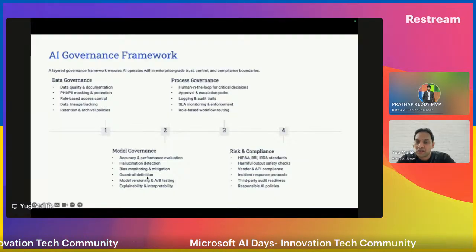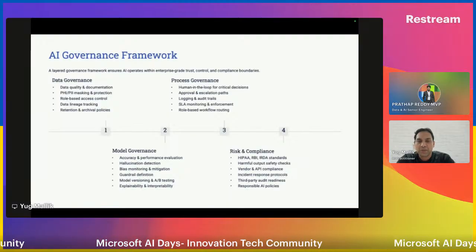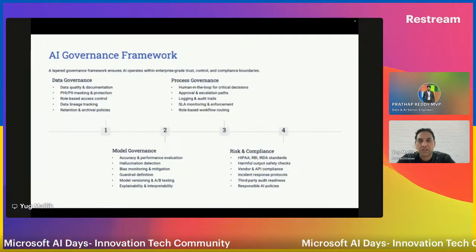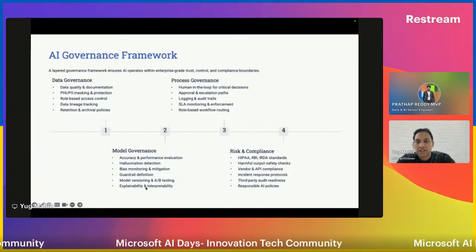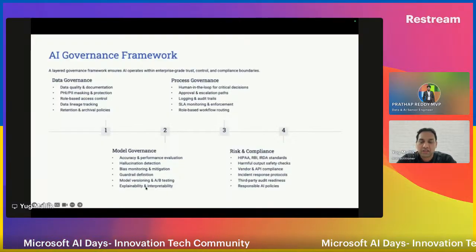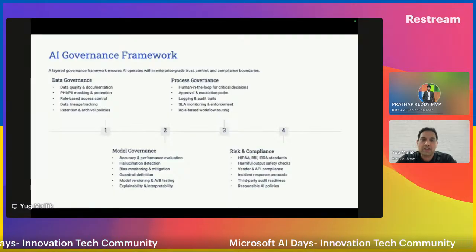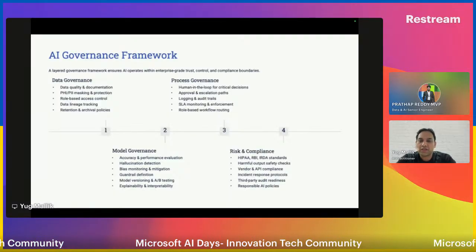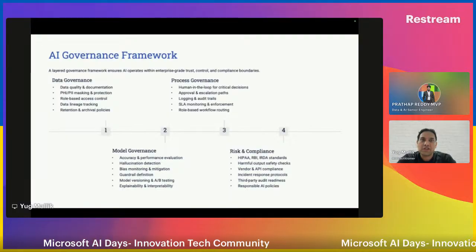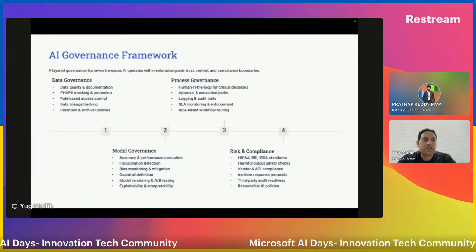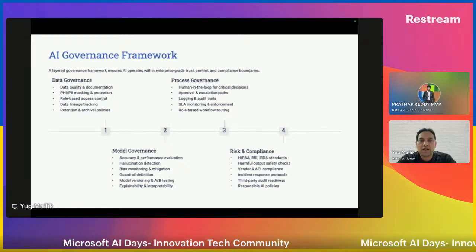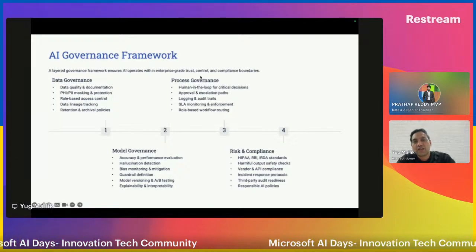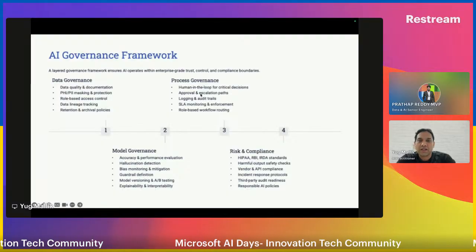Define the guardrails, of course. Anything that we are deploying, we have to have all the security measures and guardrails around it. Model versioning, A/B testing, then scaling or expanding into the areas within the org, right? So that's where we have to ensure the model governance is well in place in any organization who is onboarding AI into theirs. Third is the process governance, right?